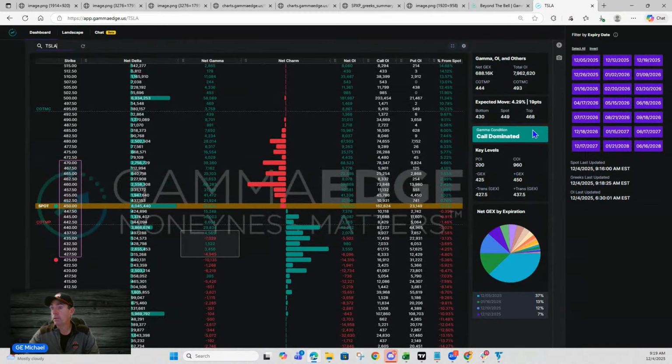call dominated above below spot price. We're right at PGX at 450. I think I posted this morning. Scott Redler had posted a chart on Tesla, had a nice move from key levels below that were supportive that we were watching. Mainly transition as well as in the money calls. So we're call dominated. 450 looks like that sticking point. 460, if we get above 450, you see significant amount of charm due to the out of the money calls